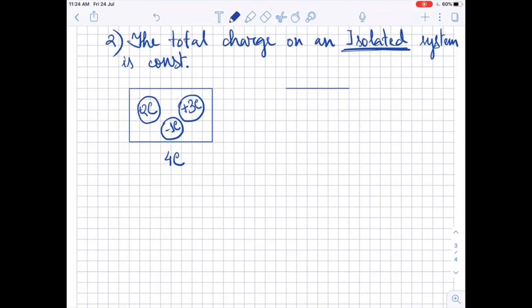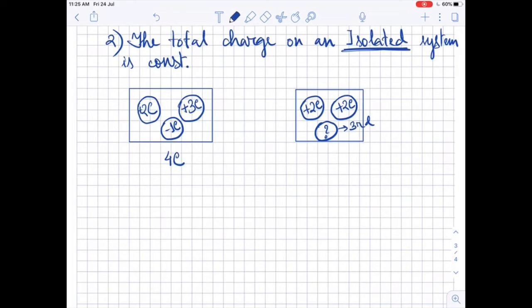Now if we consider the same system, but this time the particles have exchanged their charges. So what is going to happen now? Exchanging charges means they have exchanged electrons with each other. Now let's say one particle is carrying charge 2 coulomb, another is carrying charge 2 coulomb. Now we want to find the amount of charge carried by the third